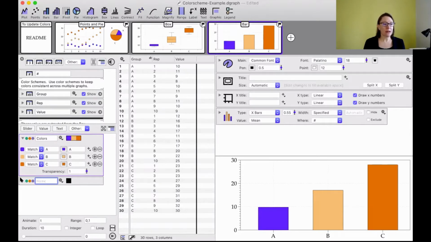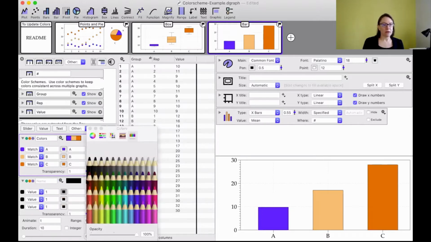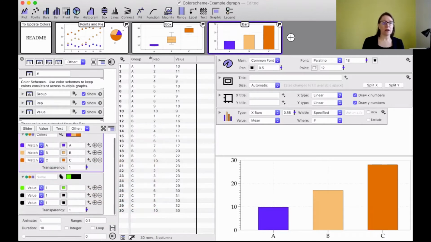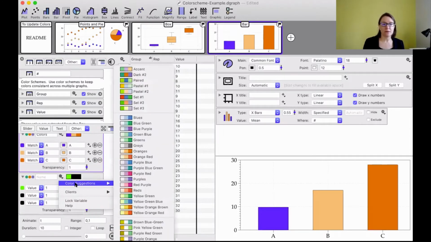And when you do that, you have the ability to build this table one line at a time, where there are these plus buttons where you can add different lines. I could click on these and change the colors. And then again, if I click the gear menu, I get these color suggestions that I can pick from